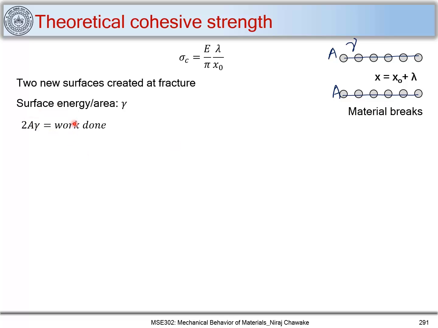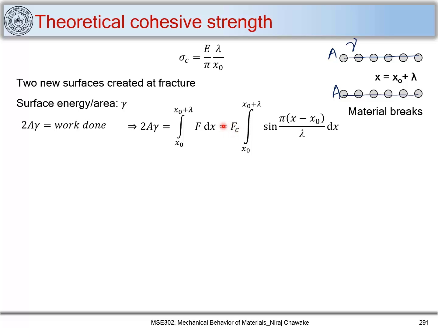And we can correlate this work done by finding out the energy that is being put into the material to generate this new surface, and that can be found out by integrating the force which we need to cause certain displacement. And we integrate from x naught to x naught plus lambda, and